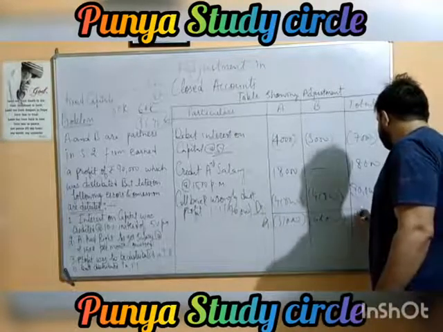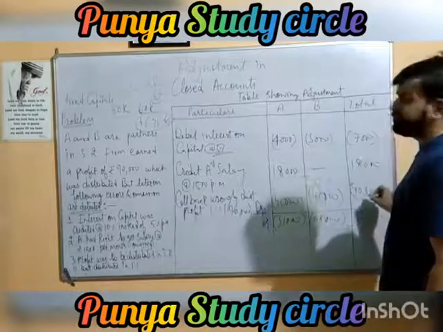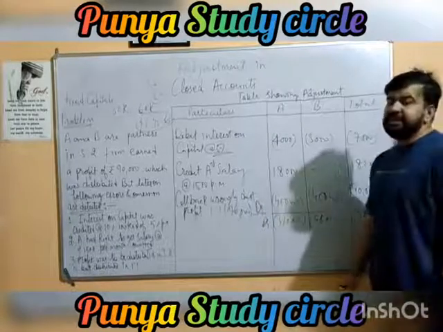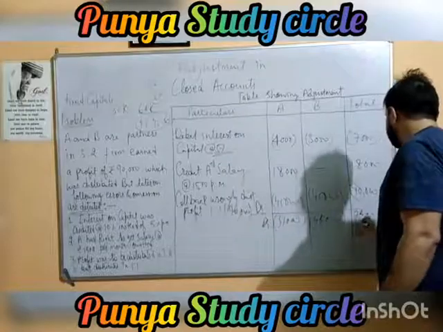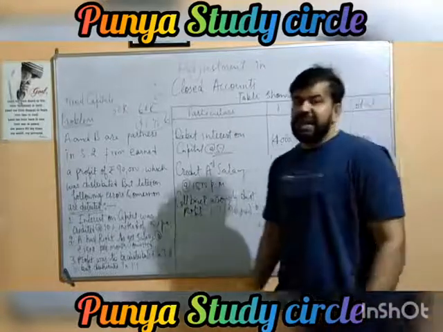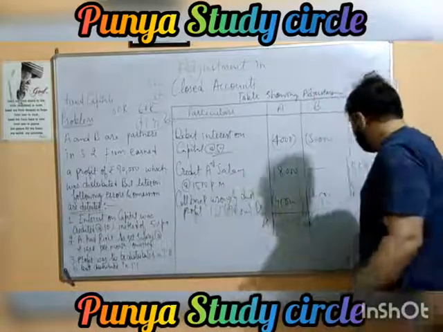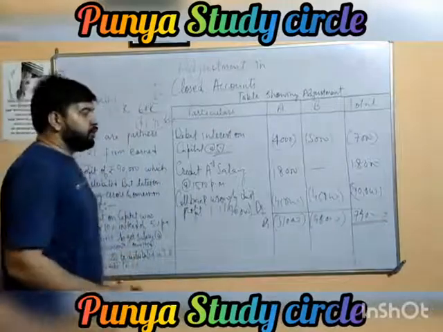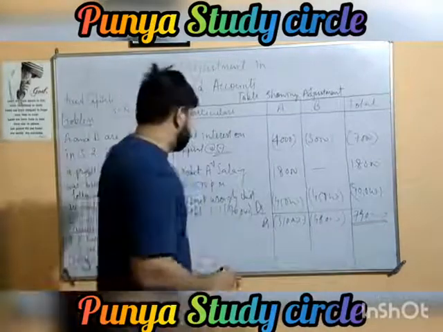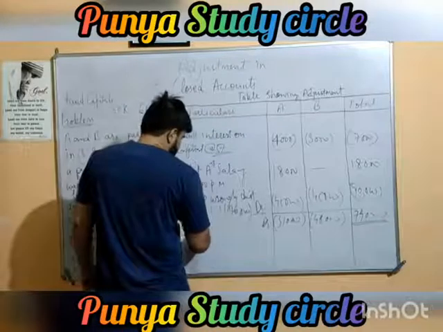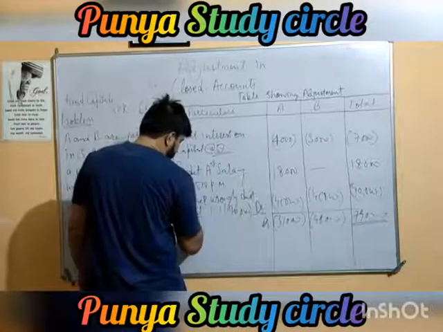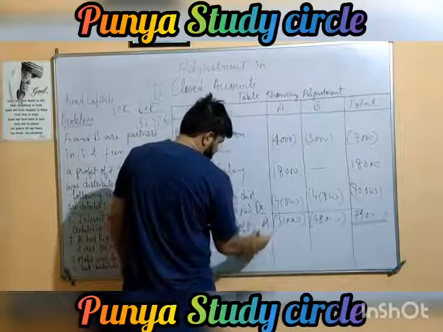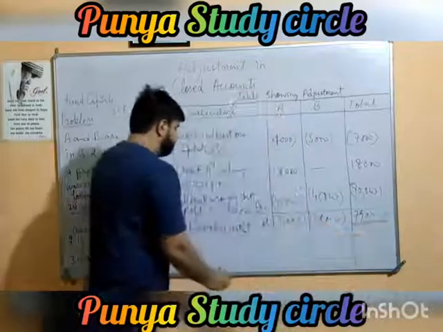Here we are having 79,000. This column also gives you same answers. 90 plus 7, 97 minus 18, that is going to be 79. This 79 is the divisible profit to be divided among them. Had we provided all these adjustments, we would have come out with this profit. Now this profit is to be divided among them in their actual profit and loss sharing ratio in order to neutralize the effect of all the errors and omissions. So we will do here divisible profit, this is going to be divisible profit 79,000.